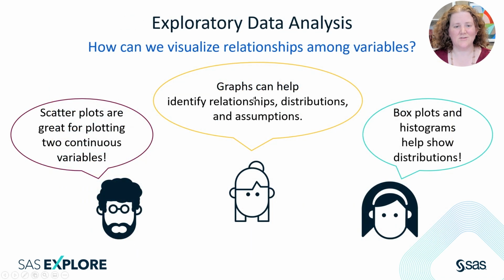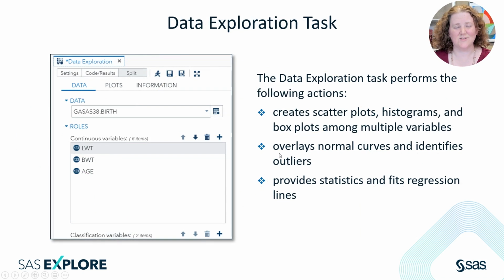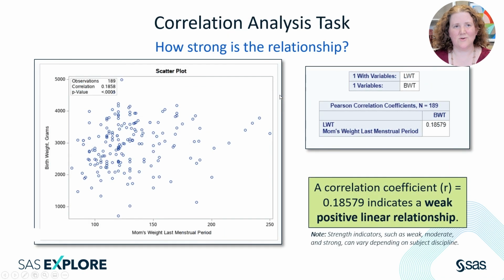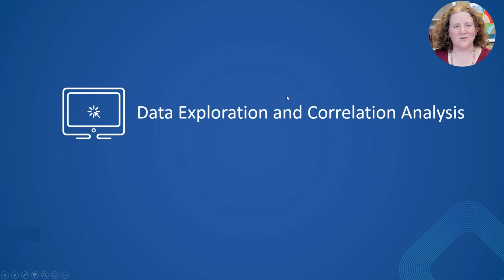We're going to perform an additional exploratory data analysis, and we're going to focus on creating several graphs. In particular, we will create a matrix of scatter plots that graph each of the continuous variables in our data set versus each other, and we'll also produce some regression scatter plots. We're going to use the data exploration task in order to create these scatter plots. The second task that we're going to look into is the correlation analysis task. The correlation analysis task is going to allow us to quantify the strength of the relationship between each of the continuous predictors. Let's go to SAS On Demand for Academics, and we'll learn how to use these two tasks.